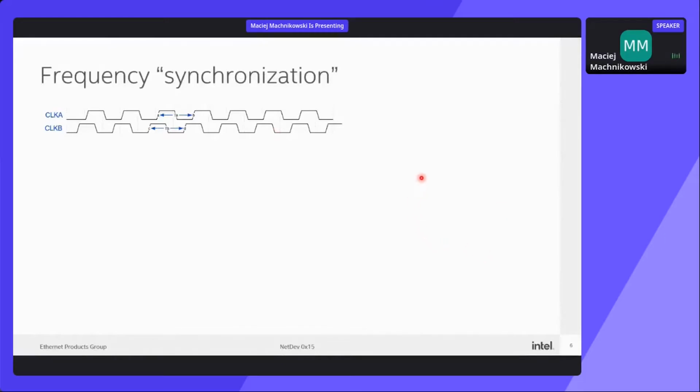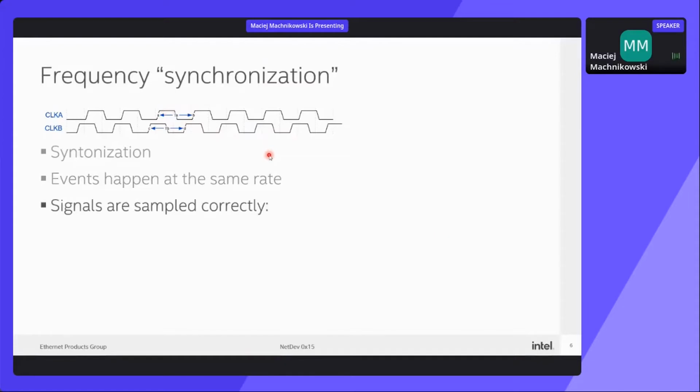Okay, yeah, so let's hope everything works now. So as I was saying before, frequency synchronization is called syntonization. Basically, we make sure that the frequency matches on all our devices, and events happen at the same rate. And if we are talking about digital signals, we also want to make sure that the signals are sampled